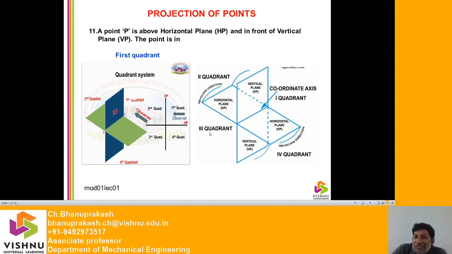But in the third coordinate, when the object is placed here, the elevation is seen onto the vertical plane. The top view or plan will be on the horizontal plane, which is not constant, it is moving in the clockwise direction. So in the third coordinate, this is your vertical plane, here you will get the front view. Above the front view, you will get the plan or top view. That is the basic difference between the first coordinate and the third coordinate. I think it is clear.